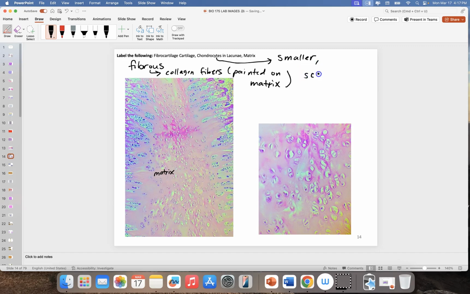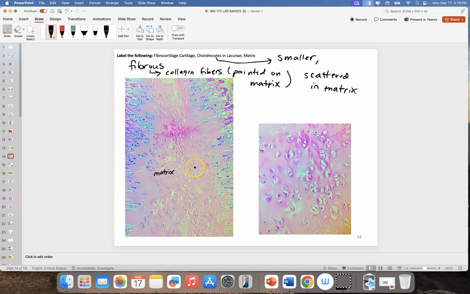And they're just kind of scattered in the matrix. To me, they kind of look like sprinkles, or it really just looks like someone took fibrocartilage chondrocytes and just dropped them onto the matrix, and